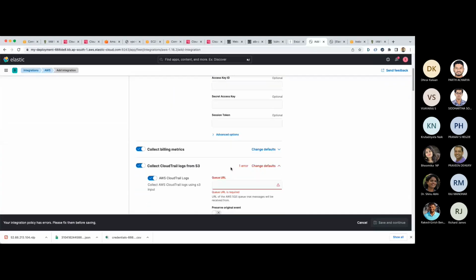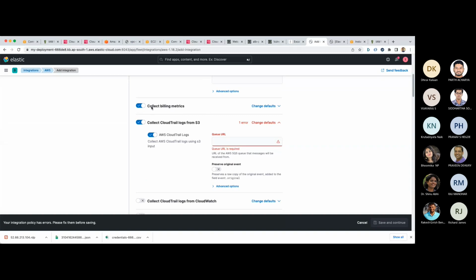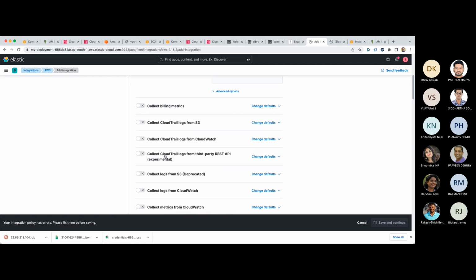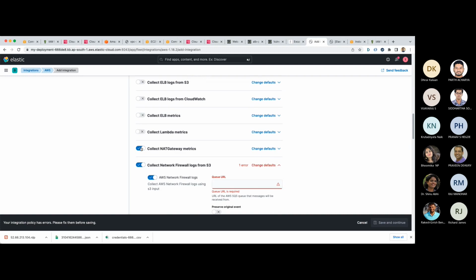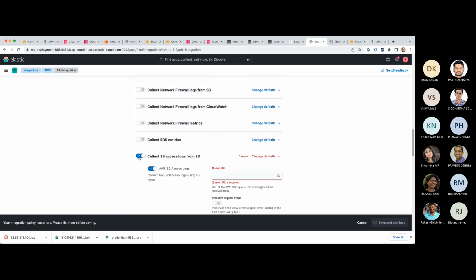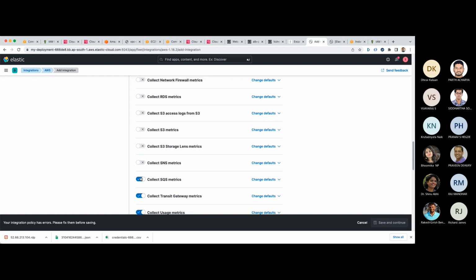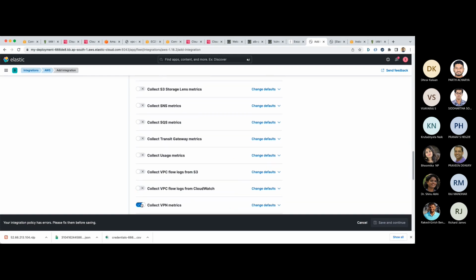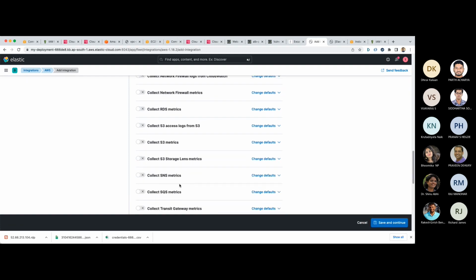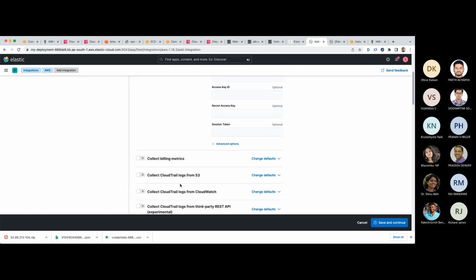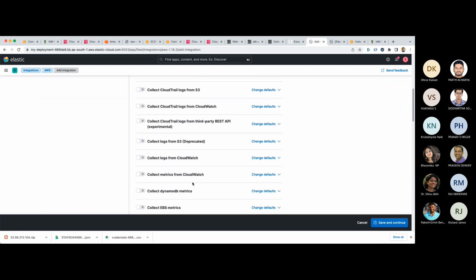Perfect. Now billing metrics is fine. We can collect it if we want or not, but we'll just turn off arbitrary things so that we're not seeing too much data. What we basically want is, let's just switch everything off for now. And what we require, we'll turn on so that we know what logs we're seeing. So for now, just turn off everything else. Okay. Now in this, just scroll down to